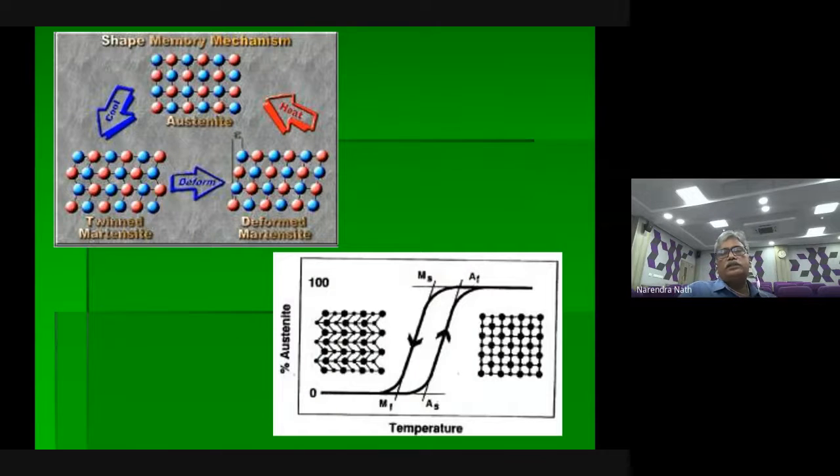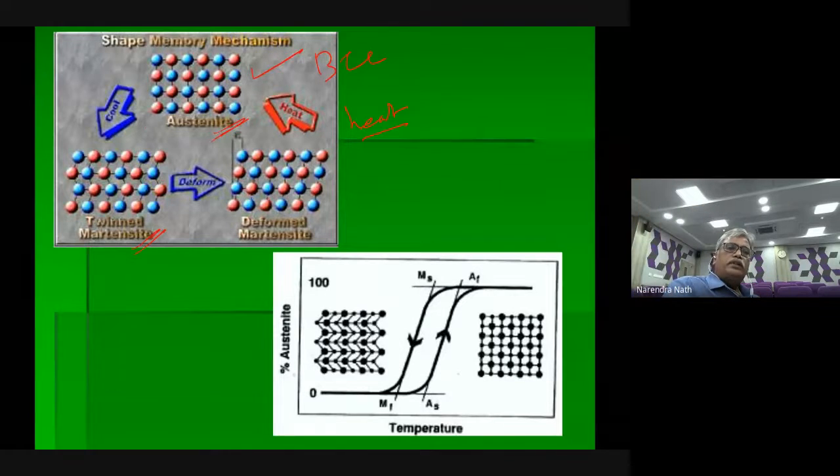And this whole mechanism is happening with this simple figure. So what is this mechanism actually? This is actually the BCC, body-centered cubic, when the material is in austenite shape. So now see here, I am going to cool it. This is through heating and cooling. When I am going to cool it, see here, it is going to become the next phase, that is called